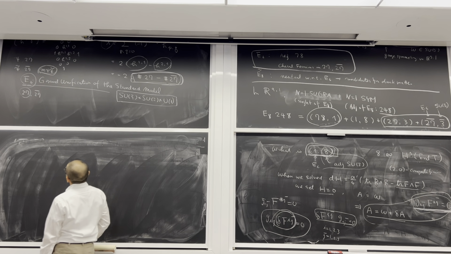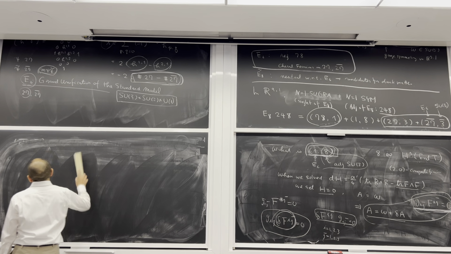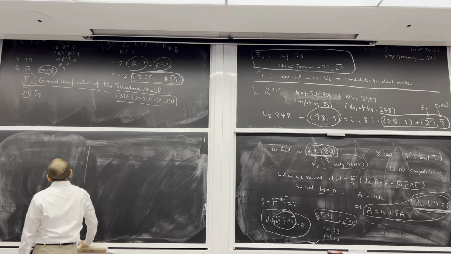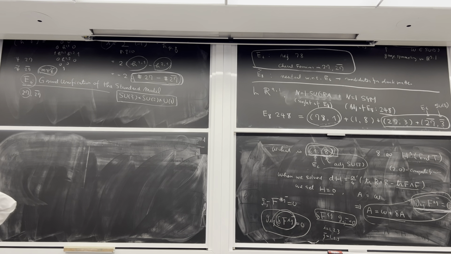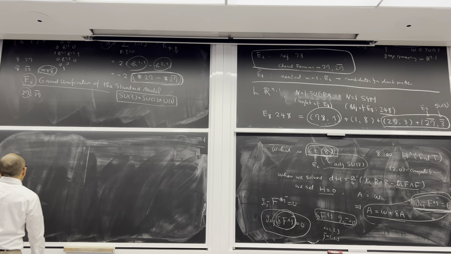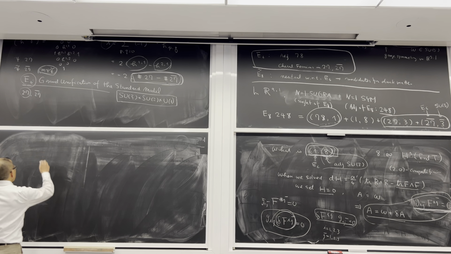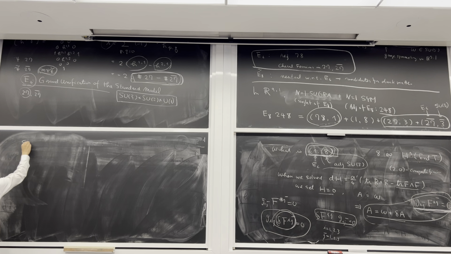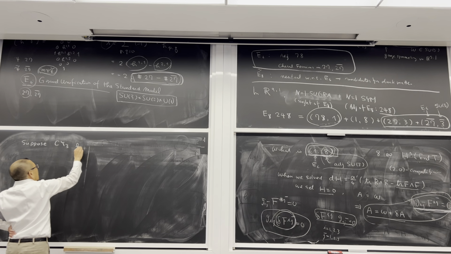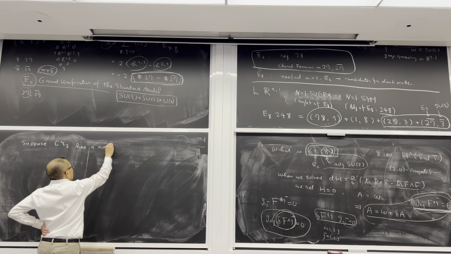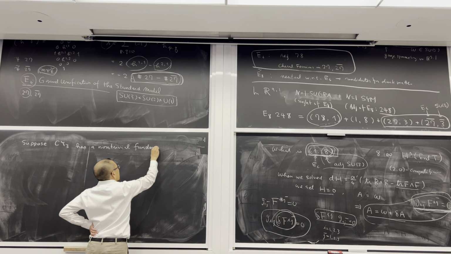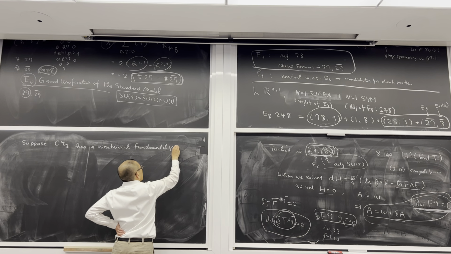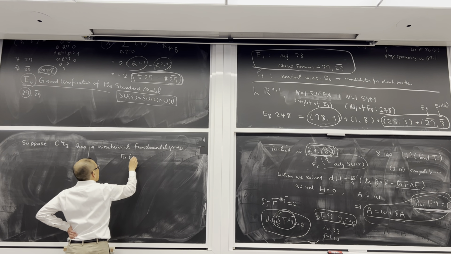So the Higgs mechanism calls for some massless scalar particle, which develops an expectation value and breaks part of the symmetry, which transforms non-trivially under the symmetry. So there is a stringy version of this in the following sense. So suppose the Calabi-Yau manifold has a non-trivial fundamental group. The pi1 of Calabi-Yau.